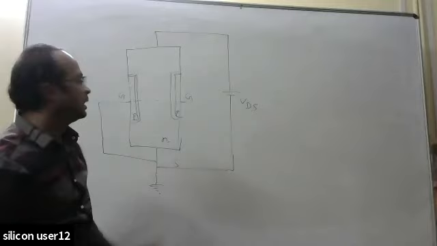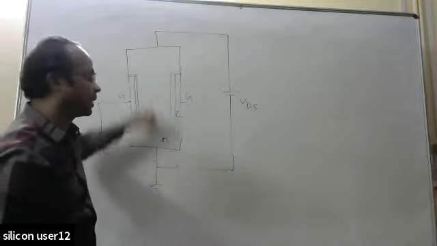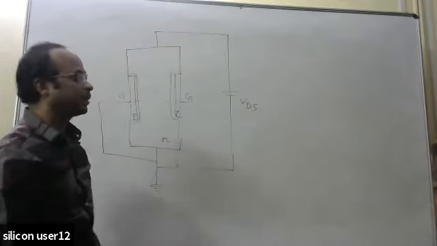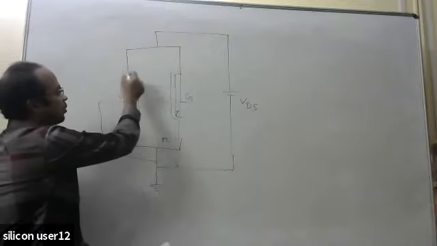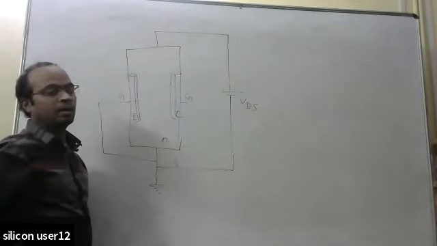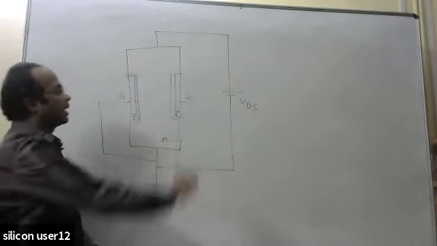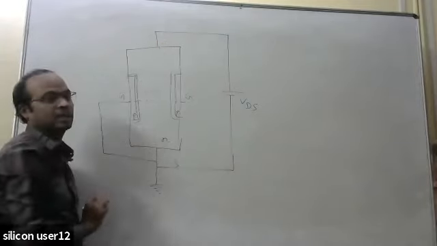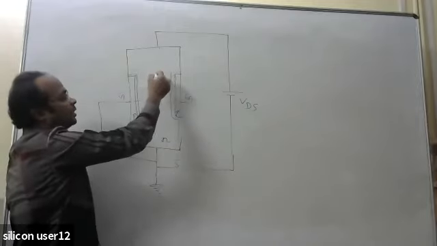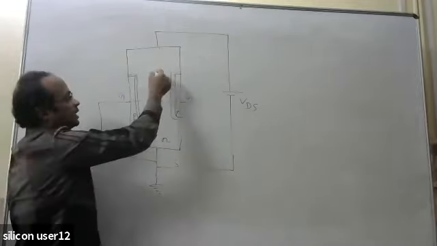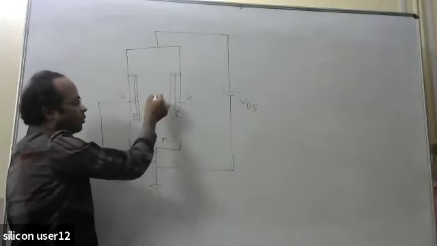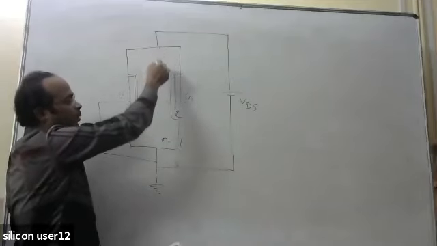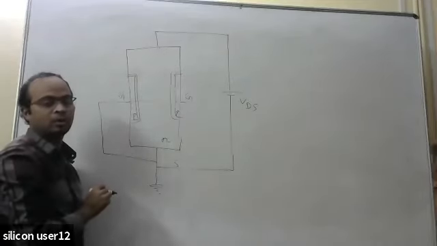Initially there is a good path, so the current will flow at a good rate. But when the current flows, at the same time this upper side will also become thicker. Why? I had explained: let us say the total voltage difference between the drain and source is 10 volt, then at different regions the voltage will be different. Suppose at this point it will be 8 volt, at this point 5 volt, here 1 volt, like this. That means the voltage is distributed throughout this channel.